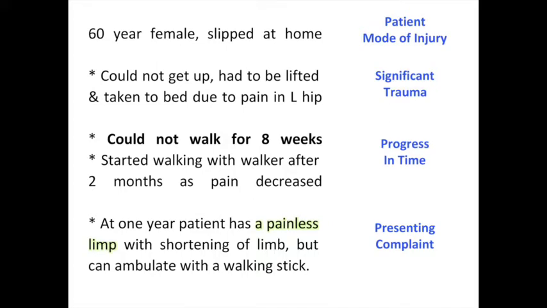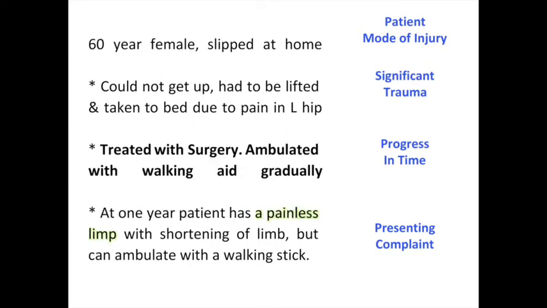The presenting complaint could be of various types. One I have told you is a painless limp, and the patient is ambulating with a walker or a stick. The second scenario could be everything the same, again 1 year on, but there is a painful limp with shortening of the limb, but he can still walk around with a stick. So now this patient probably is more demanding than the previous one. He has come to you in the OPD because there is some disability due to pain, which had disappeared earlier but has now appeared again. Both the previous patients did not get any treatment, so they come into the category of neglected trauma.